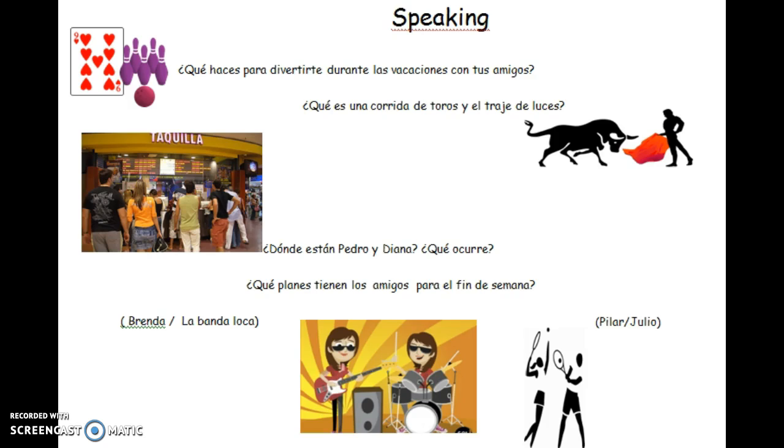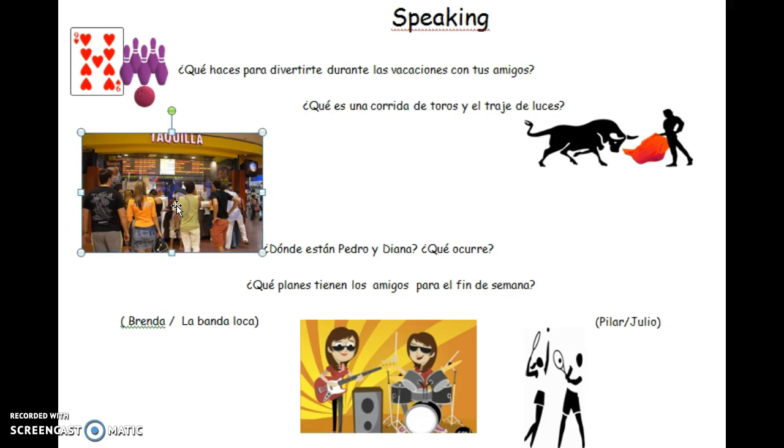The last two examples. You have a picture that should indicate or guide your thoughts to our vocabulary, which is places you go. For example, el cine, el espectáculo, el teatro. They're all related to Unit 2 vocabulary. Now, the question is very specific. ¿Dónde están Pedro y Diana y qué ocurre? Now, you're not telling me what you're doing. You're telling me what Pedro and Diana are doing and what's going on. And if you remember, one of our vocabulary words is to wait in line, hacer cola o hacer fila. So again, the statements or the questions are to help you guide your thoughts related to the picture.